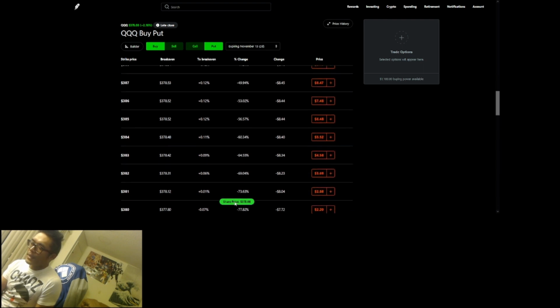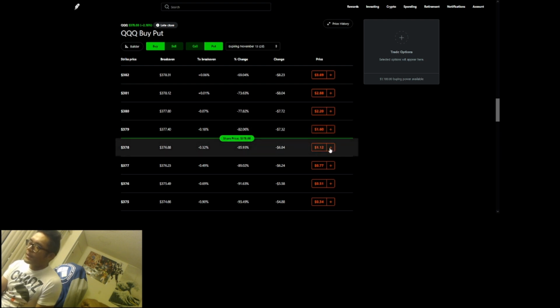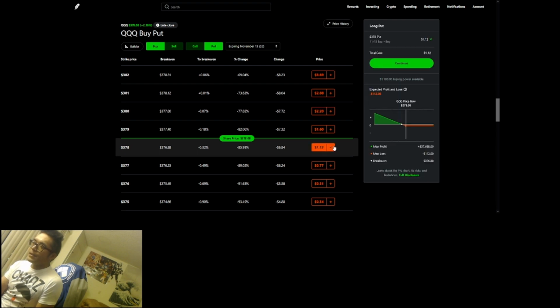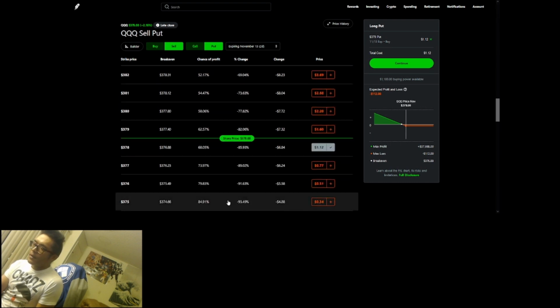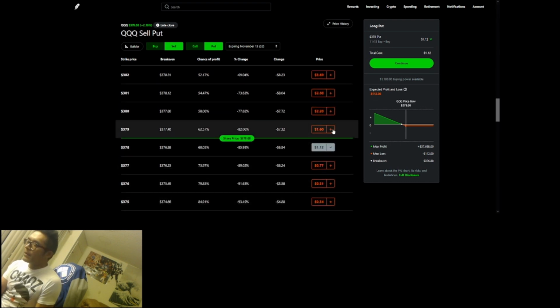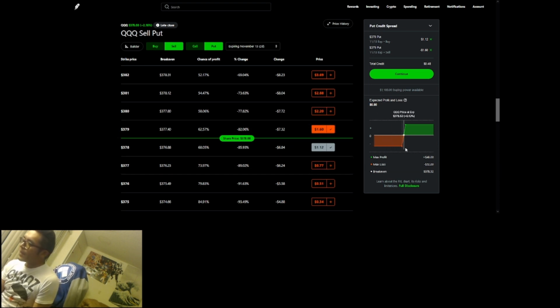So we'll go to the share price. And so let's see, it's currently right above 378 by 8 cents. But let's see, if you're bullish, that means you want the stock to move up. Okay, so we would buy a put option first and then sell above that strike price, just like this. Preferably for my strategy, I prefer to do it as close as possible in terms of strike prices. As far as do you want the option to be in the money or out of the money, well,